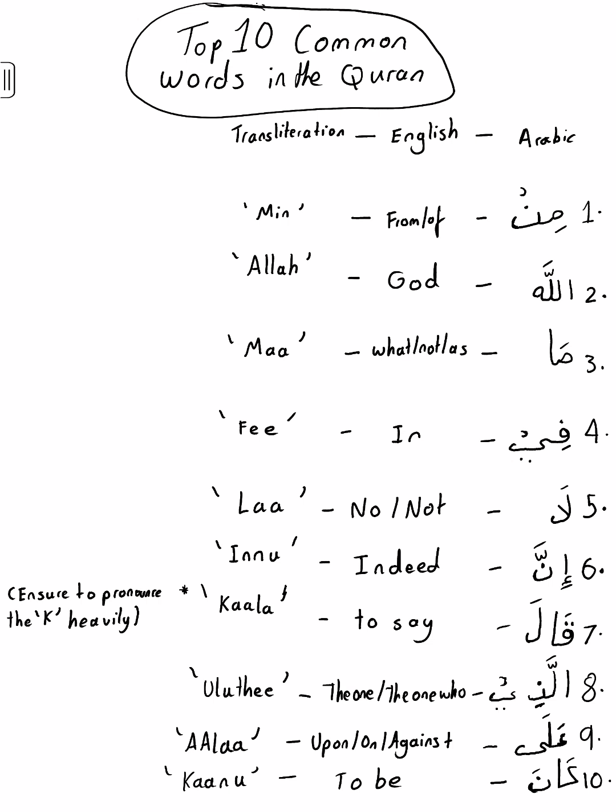Which is the most frequent word in the Quran and it means from or of. If I was to give you a sentence as an example, Ana min al-Iraq. I am from Iraq. So the word Ana means I or I am in this case, and min, which means from, and then Iraq means the country Iraq. So Ana min al-Iraq. I am from Iraq.